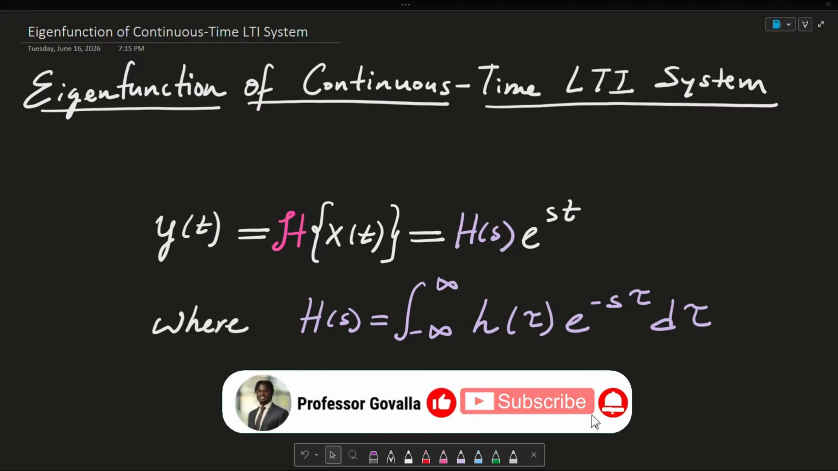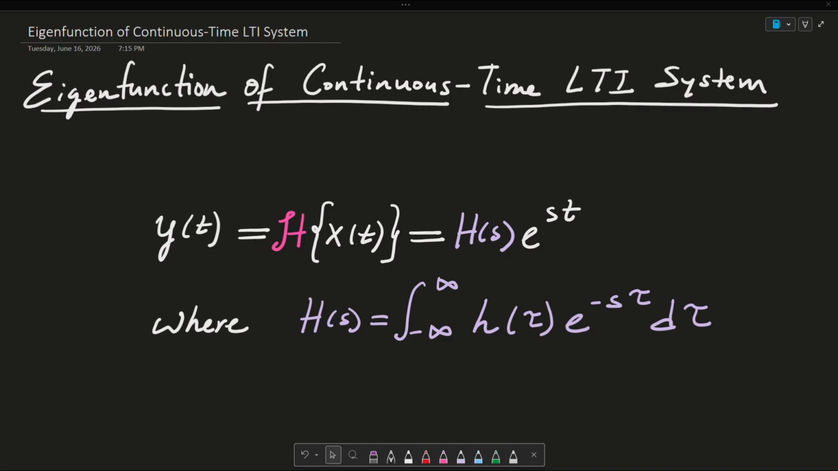My name is Professor Govala, and today I'm going to be showing, or proving to you, the eigenfunction of a continuous time linear time invariant system, or LTI system. We're going to prove that the output y of t of an LTI system h, given an input x of t, can be represented as h of s times e to the st, where e to the st is the eigenfunction of this continuous time LTI system